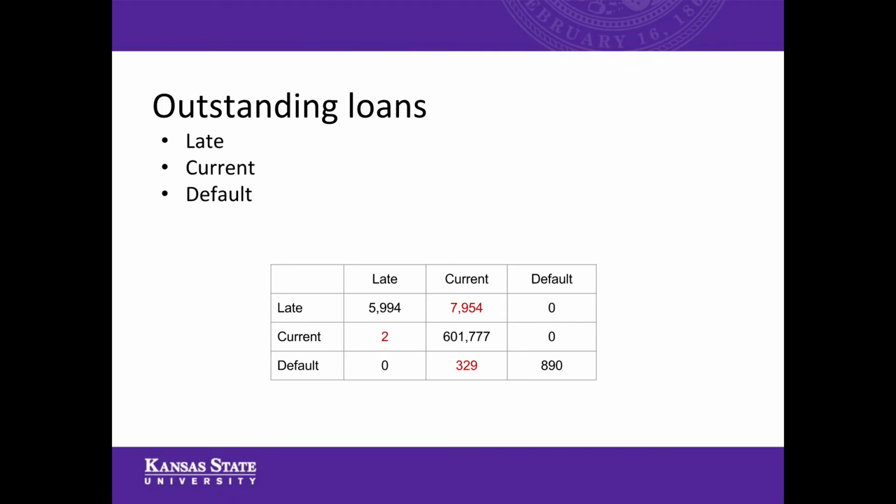Similarly, in the late category, there were only 2 errors in more than 5,900 guessed people that would be late, or late predictions. With only 2 errors, we can again say Lending Club could use this data and very accurately predict who is unlikely to pay their loans on time.